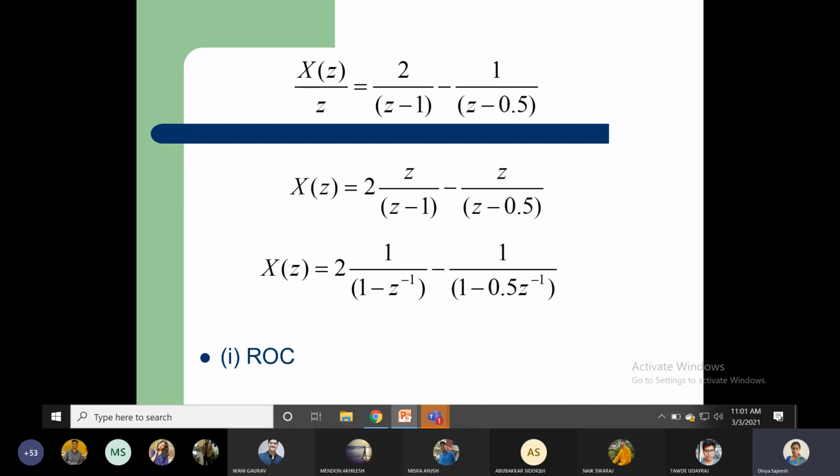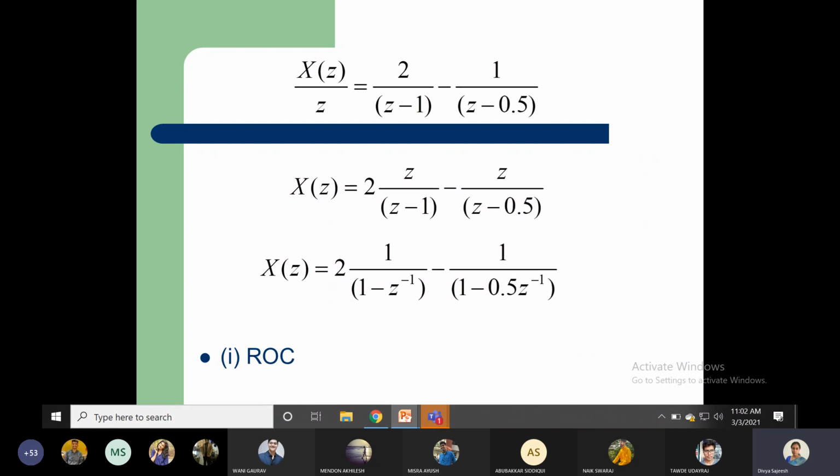Denominator, we have X of z expressed as a rational function, P of z, numerator by denominator. If we equate each term in the denominator, which is in terms of z, to 0, I will obtain the poles of the equation. So we have here z minus 1 and z minus 0.5. Equate each term to 0, then you will get the z values as 1 and 0.5. So 1 and 0.5 are the poles of X of z.